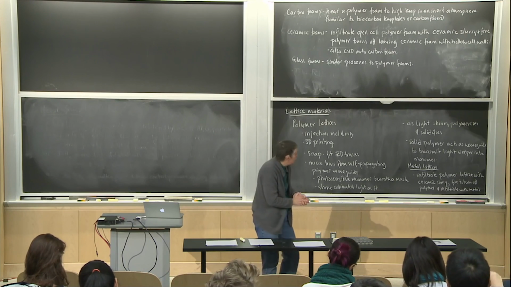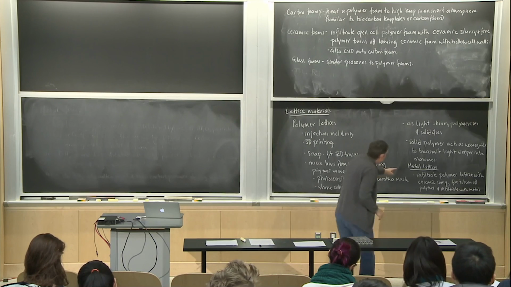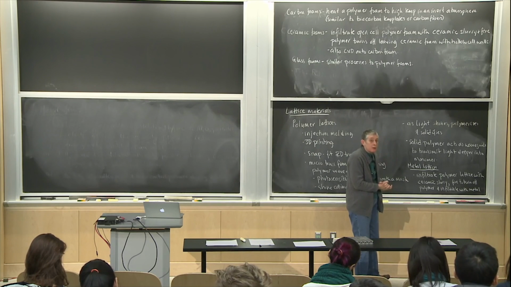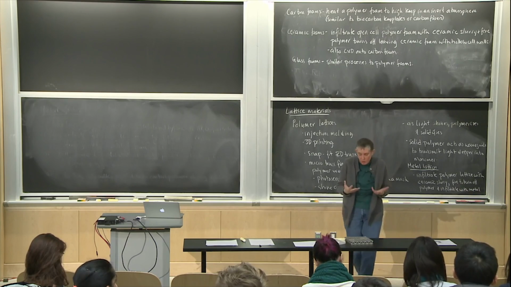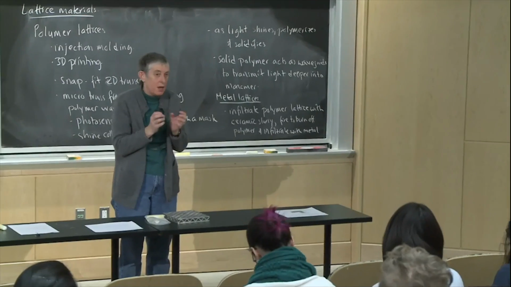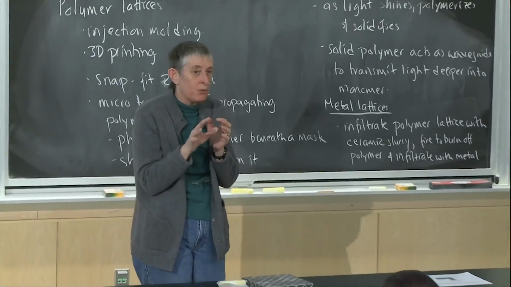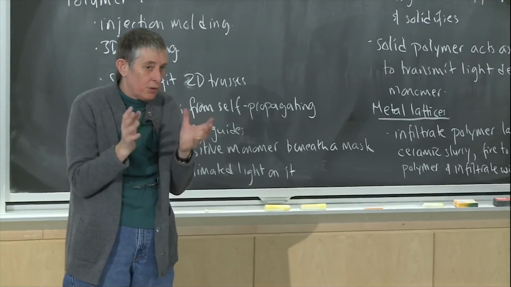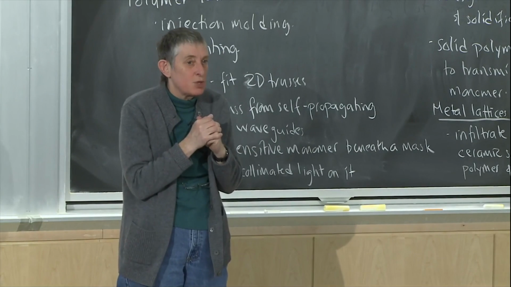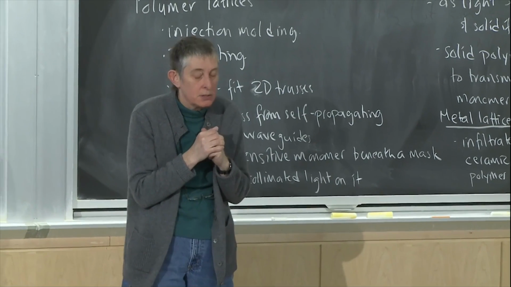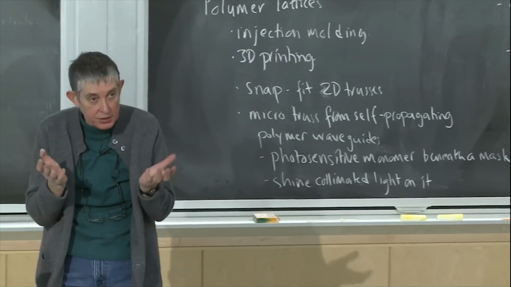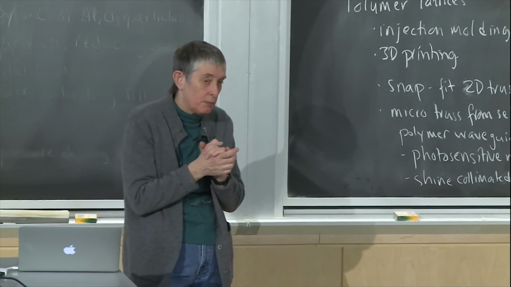So for the metal lattice, what happens to the ceramic? So they get rid of the ceramic. Typically the ceramic is not very strong, and it's just fired enough so that they can infiltrate it with the metal, and then I think with some mechanical smushing around, you can get rid of the ceramic. And the ceramic's brittle, so if you break the ceramic, you're not going to break the metal.